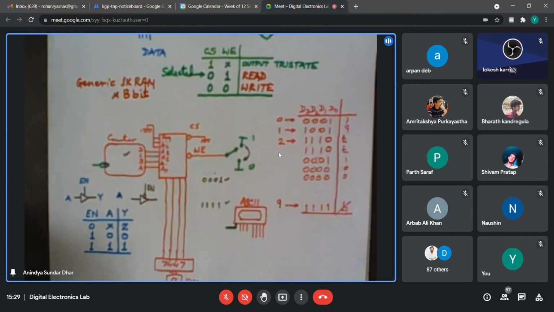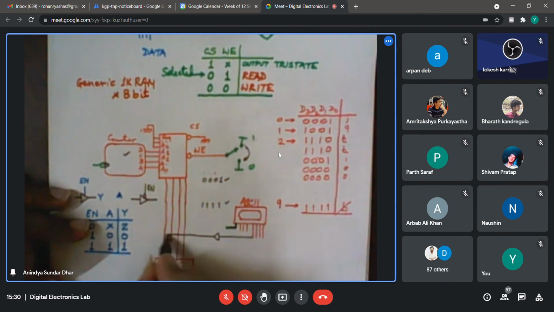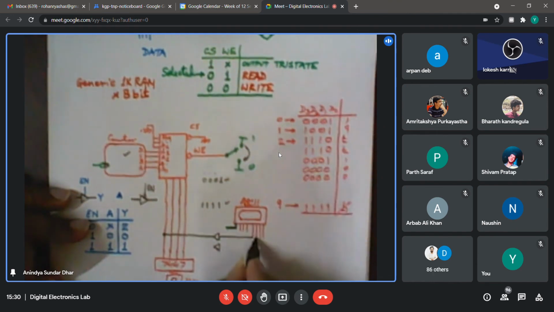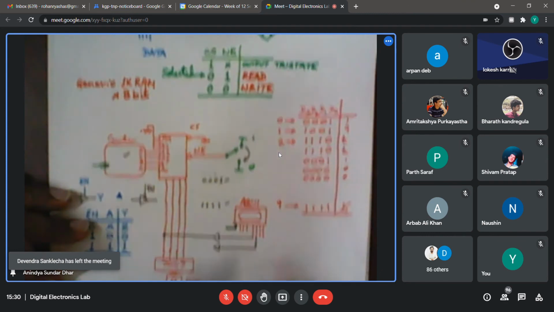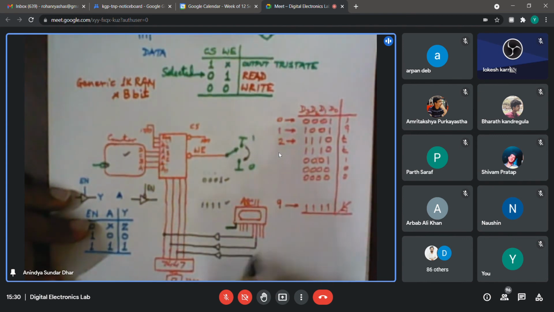If I use such a tri-state buffer, how should I connect it? I would connect a buffer in this way, and another buffer coming from the other line, going to the second line, and so on, down to the LSB.